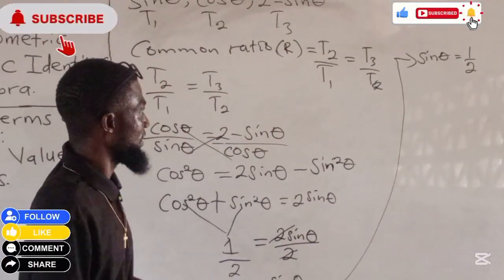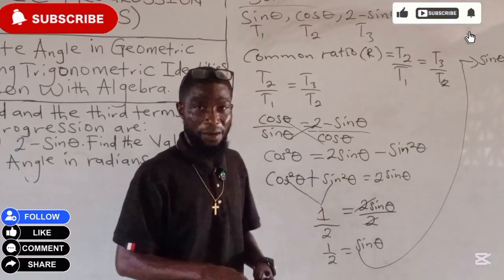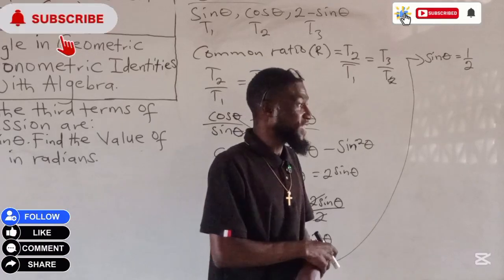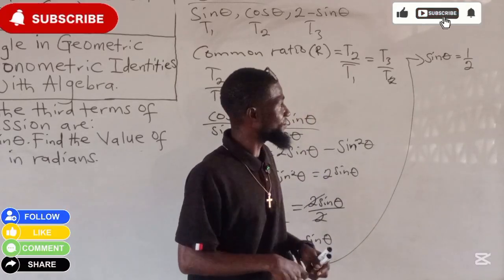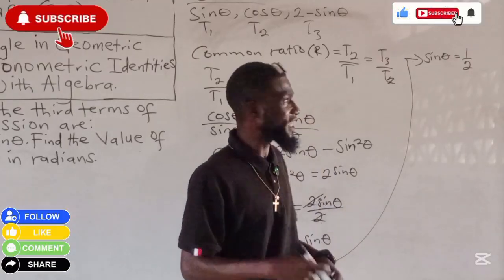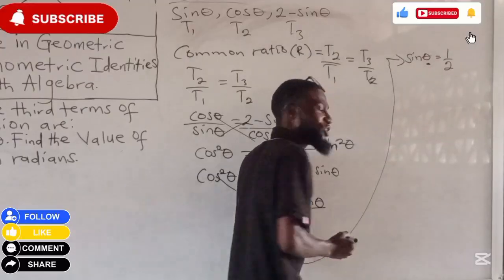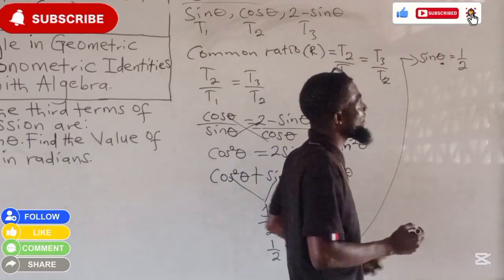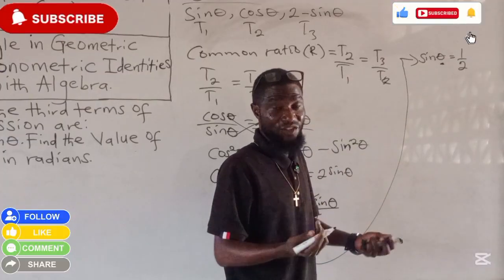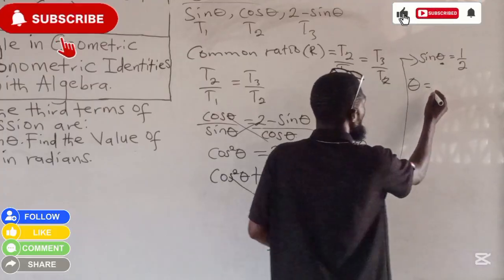Remember, ladies and gentlemen, according to trigonometry that was introduced by Hipparchus, there are trigonometric ratios according to angle theta. So we have sin theta, cos theta, tangent theta, cosecant theta, secant theta, and cotangent theta. On this note, we'll be making theta the subject. It means that we'll be using sin inverse to solve our problem. So theta will be equal to sin